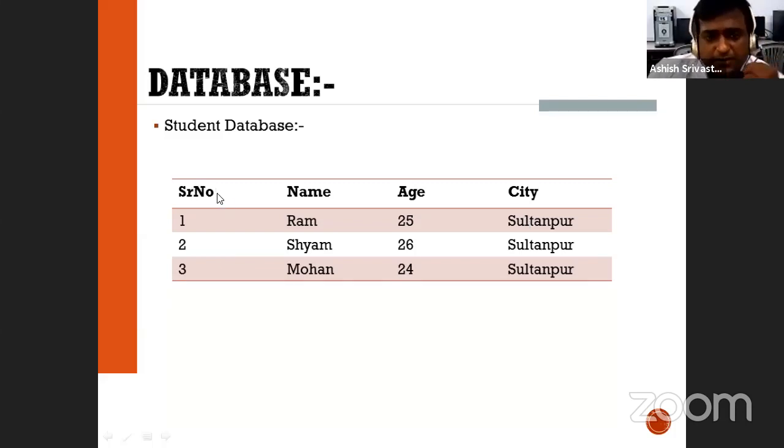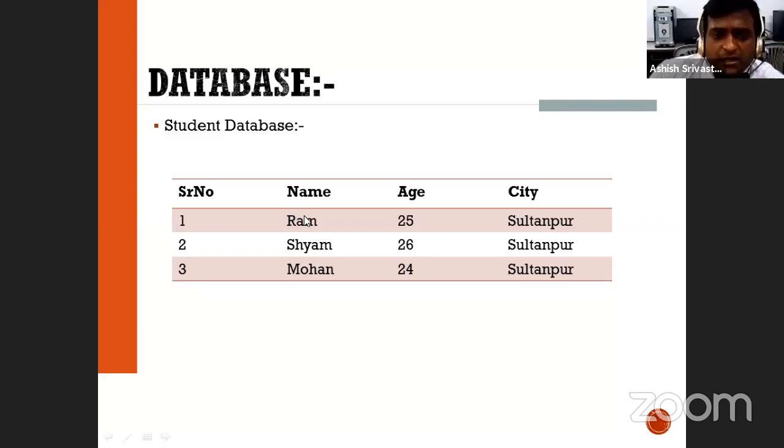And in the term of database, columns are known as attributes. We can say in this table there are 4 attributes, and these are rows: first row, second row, and third row. As we see, city column contains information about the city, age column contains information about the age, name column contains information about the name, and these data are interrelated to each other. Age is related to name, city is related to this particular name, and serial number is related to this